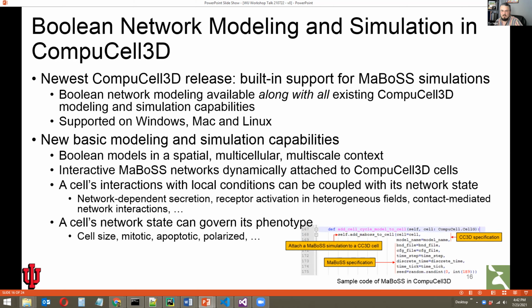And so what we have done in this project is to take a well-developed simulator of Boolean network models called MaBoSS and do the same sort of support for the ODE models, but with Boolean network models. So MaBoSS, in our most recent release of CompuCell, is now supported with the same functionality. So users have the ability to take their Boolean network models of intracellular processes and then attach them to individual cells, connect them together, and have them interact through contact-mediated interactions and so on and so forth.